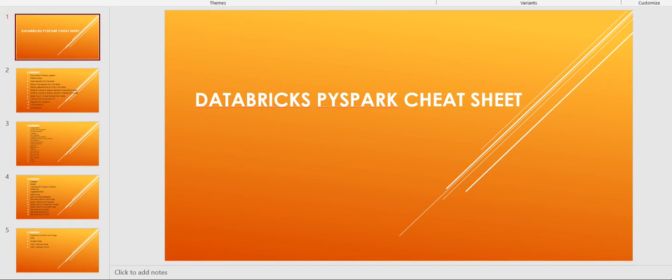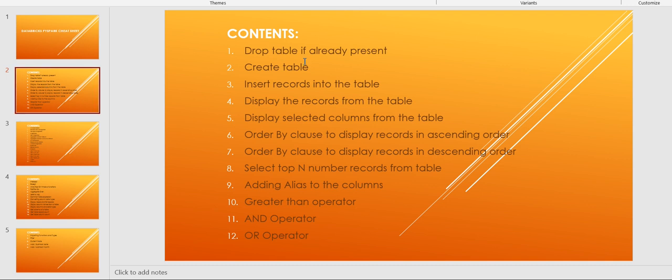Hello everyone. In this video, I will explain various functions and operators present in PySpark. I'll cover these things like contains: drop table if already present, then create a table, insert records into the table, display the records from the table, display selected columns from the table, order by clause, then select top n number of records